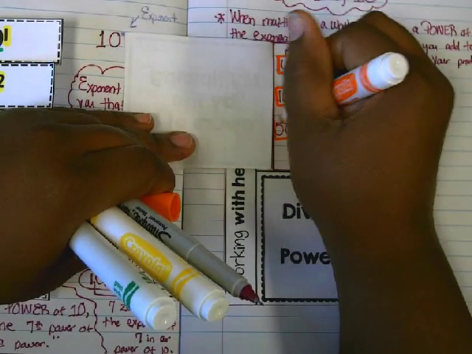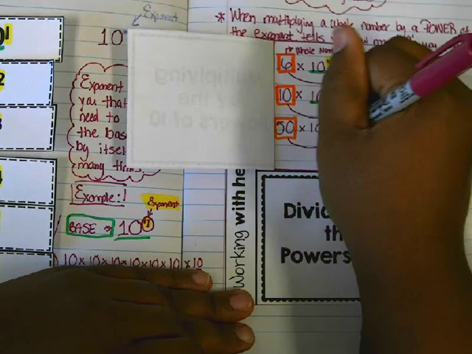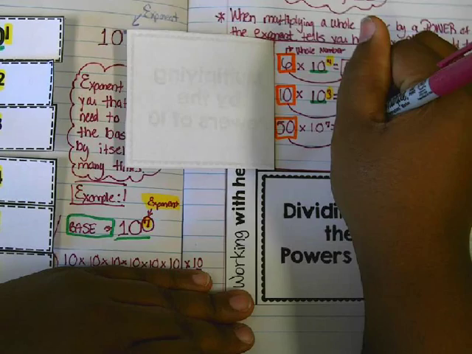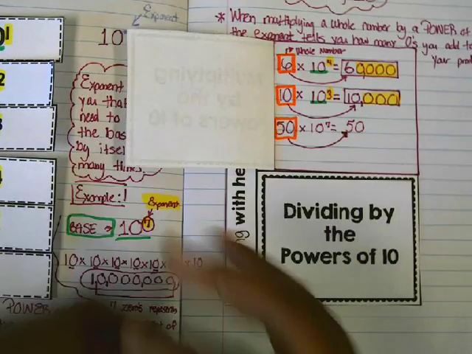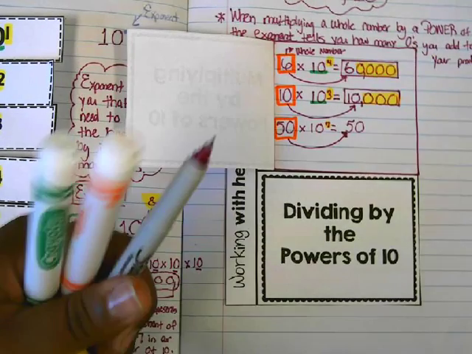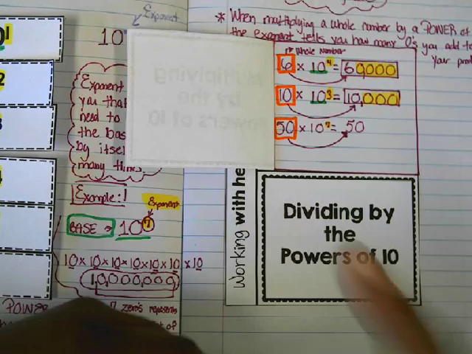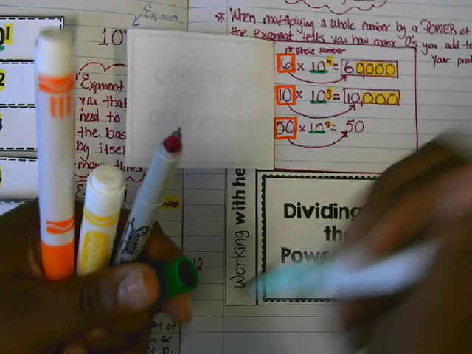So what we're going to do is take that 50 and we're going to write it right here. So now I have 50. Now my exponent is 7. So that means I am going to add 7 zeros to my whole number of 50 to get my product